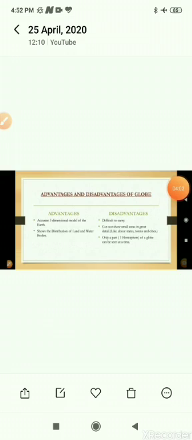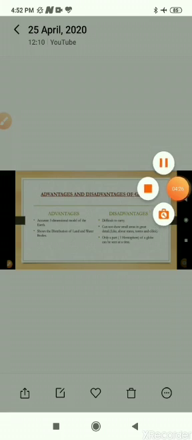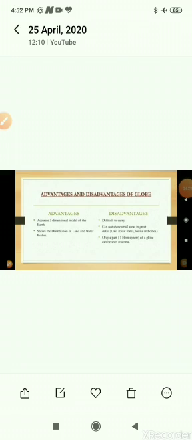degrees. Now I will tell you the advantages and disadvantages of the globe. You may not know what is an advantage and what is a disadvantage. Advantage means what are the uses of the globe, and disadvantage means why this is not useful for us. Advantage means uses. This is an accurate model of our earth. Accurate means, as the earth is, our globe is the same. It shows the distribution of land and water bodies. I told you the blue part is the water and the colored parts are the continents and the land.